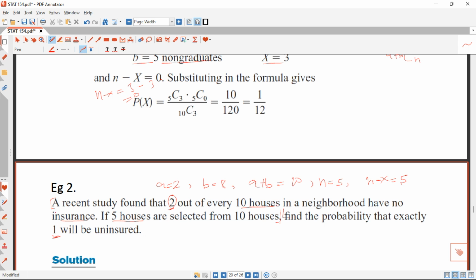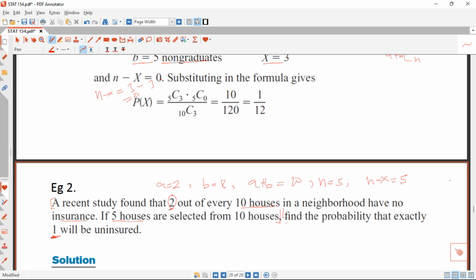this is multinomial distribution, this is binomial, this is hypergeometric. But in fact, this question is for hypergeometric, right? So the preamble will help you to detect that. So always your x will be found inside the question. Find the probability that exactly 1 will be uninsured. So here our x is